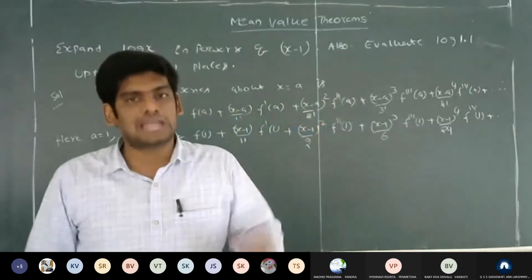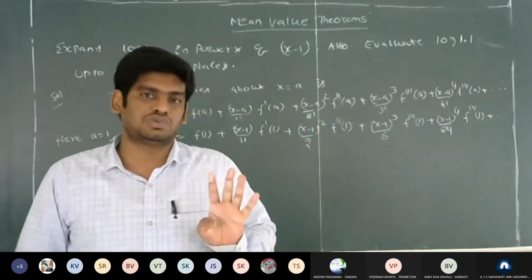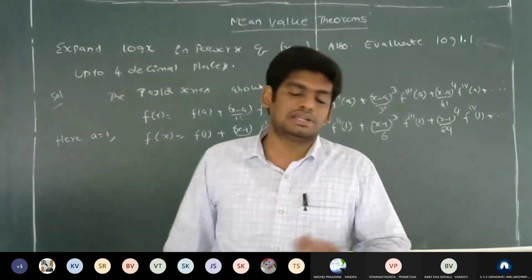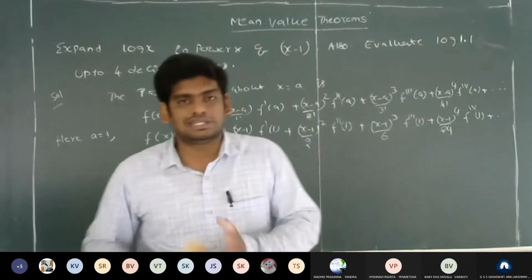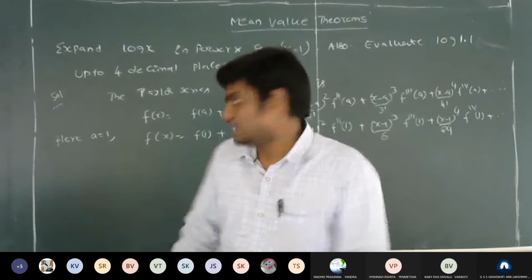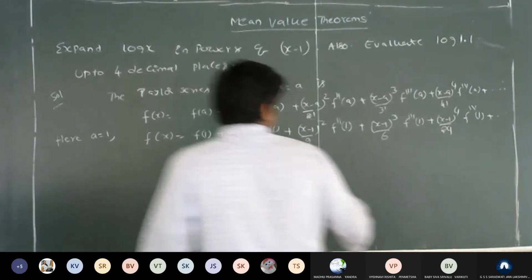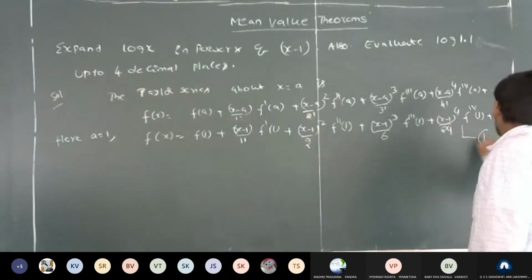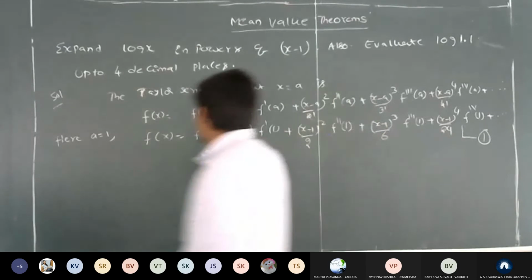Because of that, we have to calculate at least 4 derivatives. Suppose the function is difficult, then we cannot do anything, so it is better to stop with our derivative. So that is the thing. Now this is the required Taylor series, so we have to form this Taylor series.